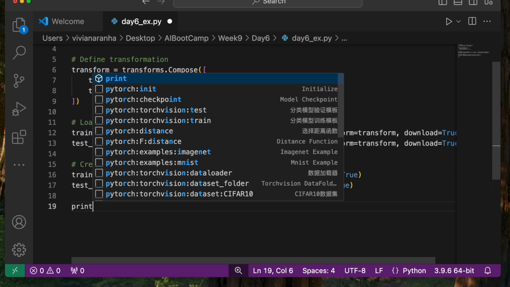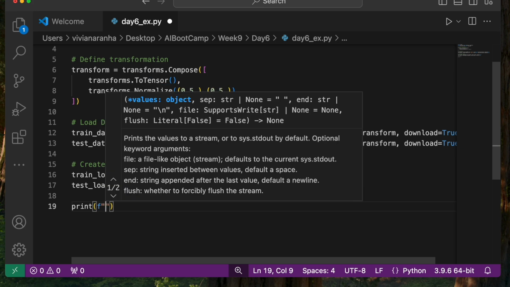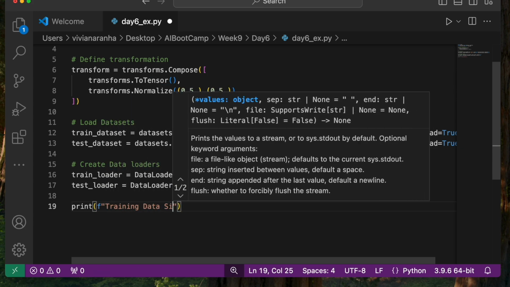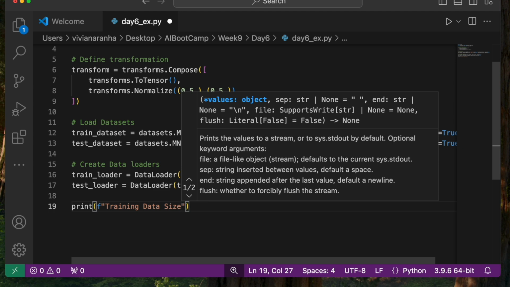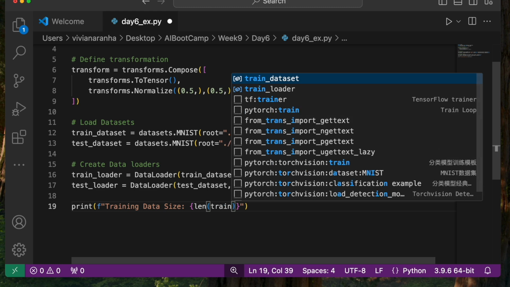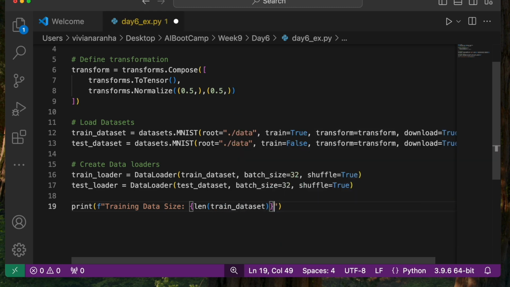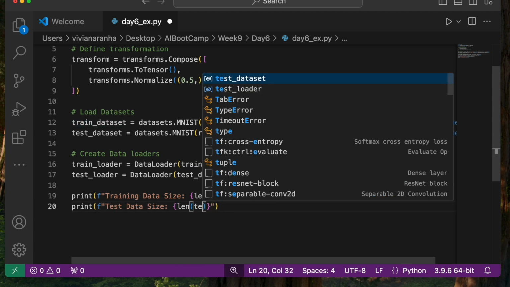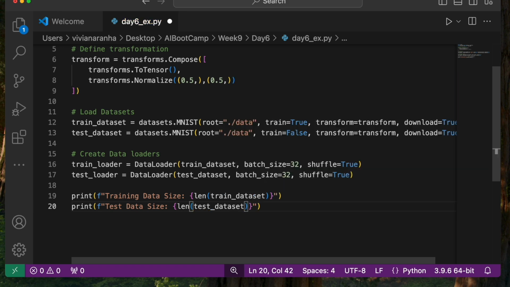Next, let's go ahead and print our training data size to see how it looks. This will be the length of train_dataset. Similarly, I can do the same thing for the test dataset, where I'm printing the test dataset length.